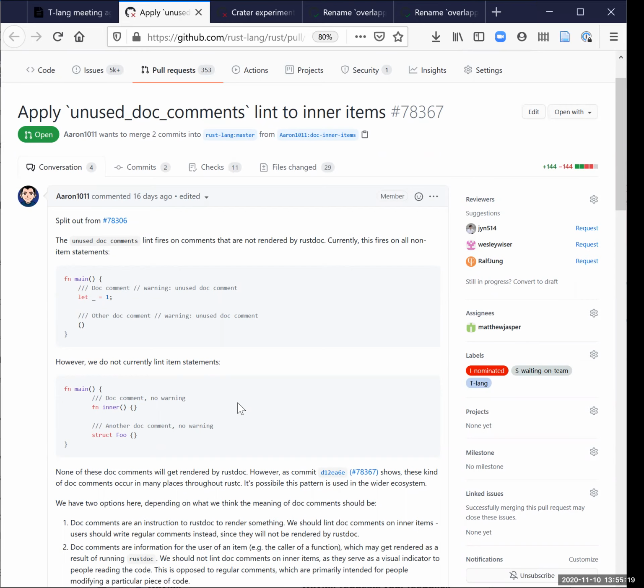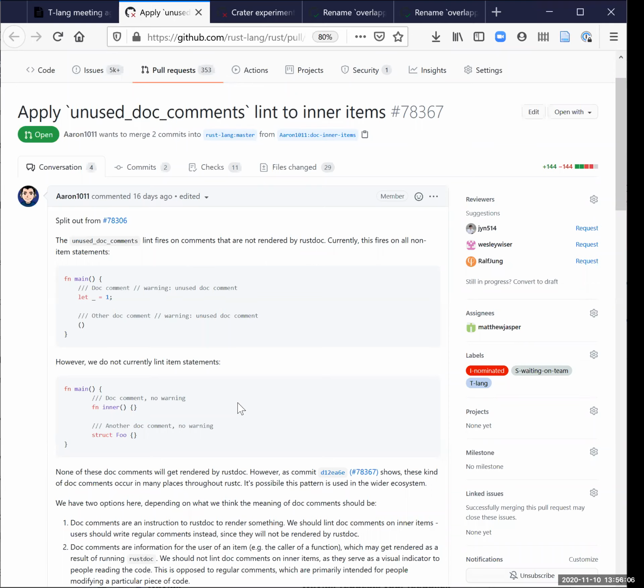Would this trigger if you generate this code with a macro? Because that seems like the most common way you would end up with a doc comment on an inner item, if you have a macro generating the code that includes the item and a generated doc comment. I assume so, unless it specifically screens them out. If it doesn't screen them out, I think this is a bad idea. I write comments on my code whether or not it's part of a function, and I use doc comments not for RustDoc, but just to signal this is a comment attached to the item.